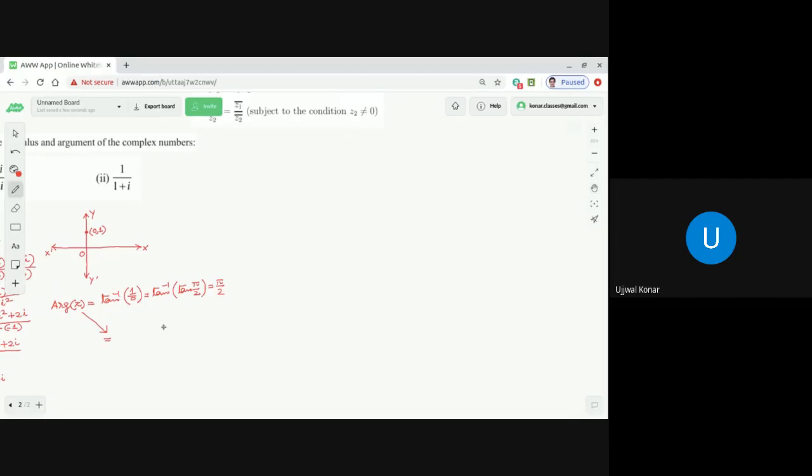So then what we are going to get is pi minus tan inverse of 1 by mod 0, no? So that is equal to what? Pi minus tan inverse of undefined, that is tan pi by 2. So that is equal to pi minus pi by 2. That is equal to pi by 2. Clear or not, dear students?